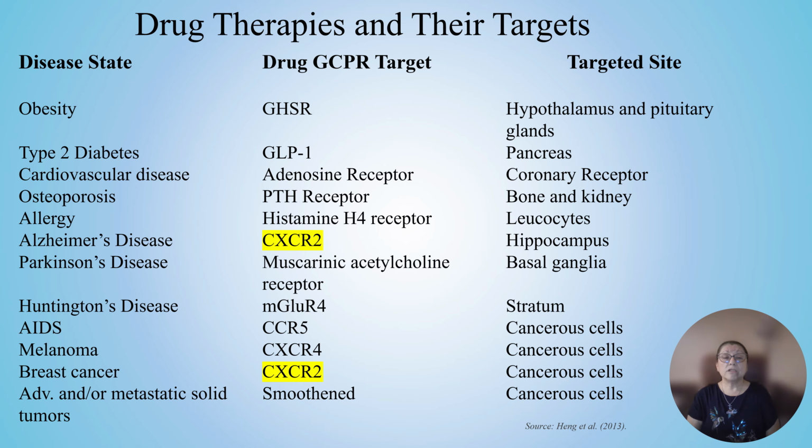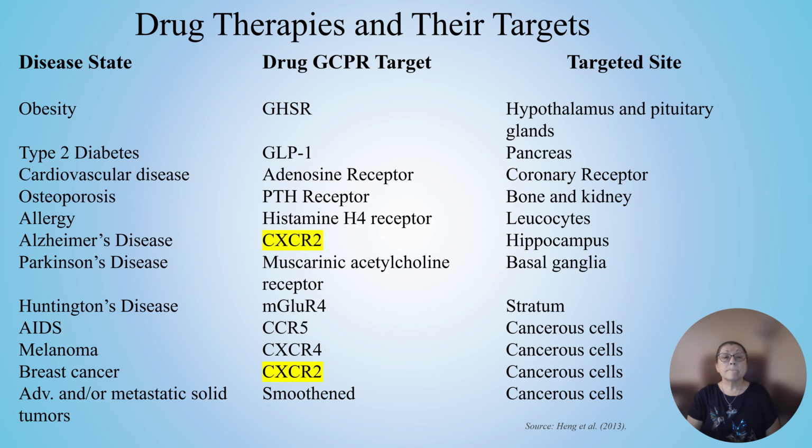Then we have the allergen, and it will be a histamine H4 receptor. This will be used whenever we have leukocytes. The leukocyte family has 3 types: the neutrophils, basophils, and eosinophils. These 3 all have specific jobs to do. The one that would be involved with the allergy would be the eosinophil, which would occur when an allergen response